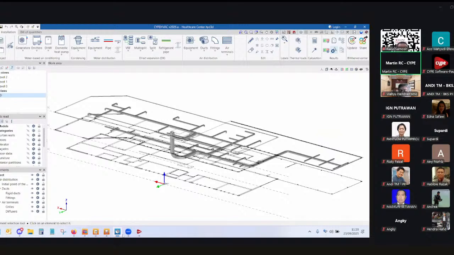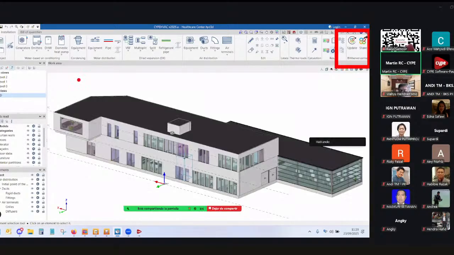A BIM model would come from BIM Server Center. I could be using a BIM model or not, right? If I am using it, I could be getting the geometry of a building from BIM Server Center. If I had gone through the